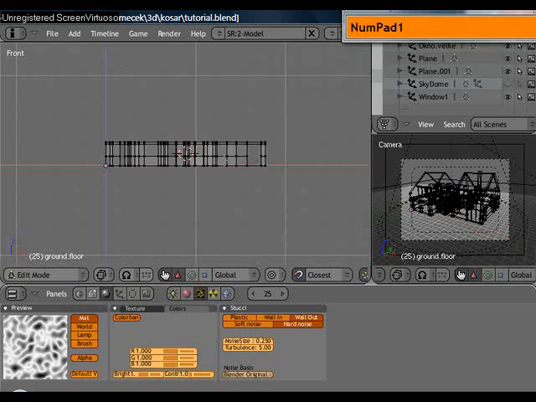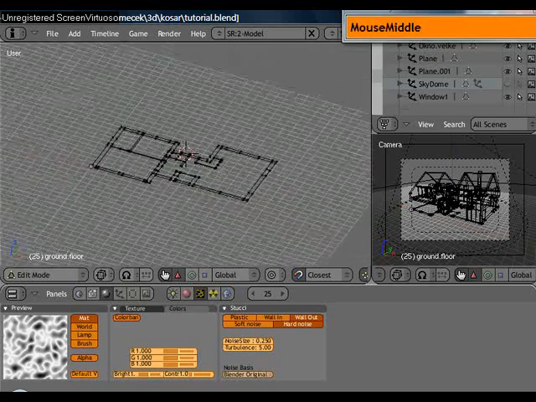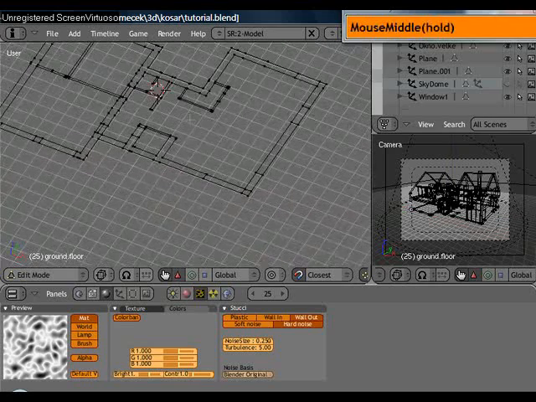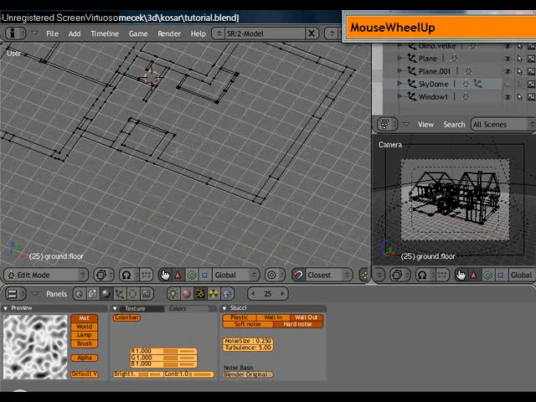So I can do it again. Box select everything on top, and H to hide it. Now I have this bottom part only,